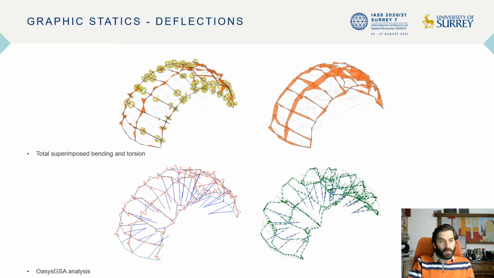Further developments in graphic statics have also reintroduced the use of the conjugated beam method for graphically determining deflections for cantilever beams. An original application was implemented here, and bending moment diagrams are used as force input to the conjugated beam method. The resulting deflection diagram provides an intuitive reading of the structure's behavior, and this can then be juxtaposed to an Oasys GSA analysis. Notably, the latter lacks the multidirectional aspect of bending moment diagramming that the graphic method offers.